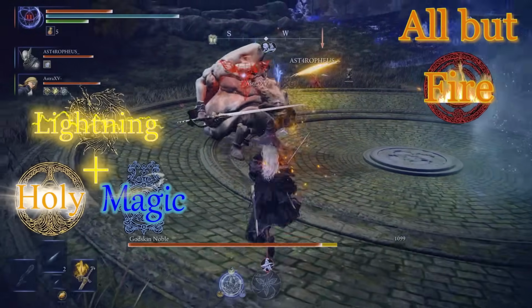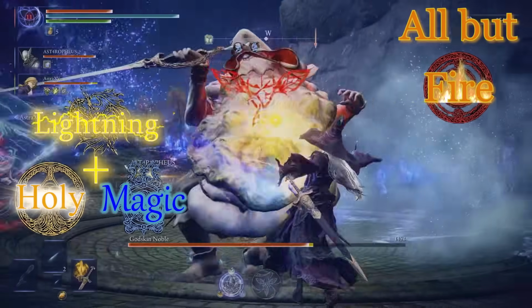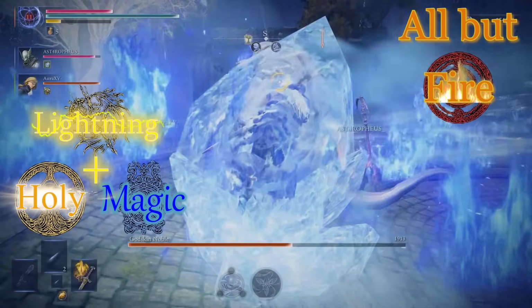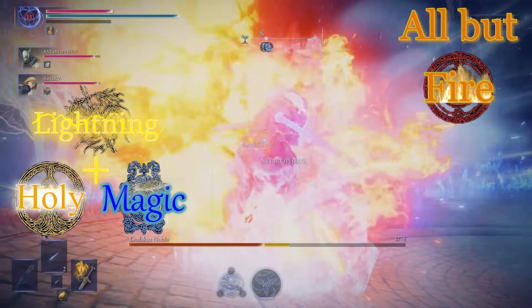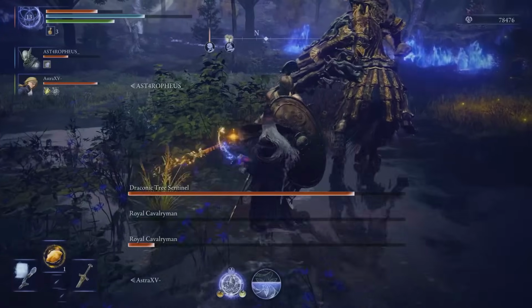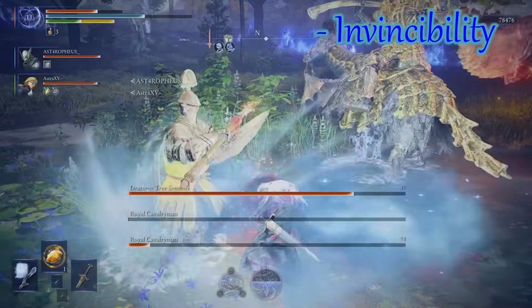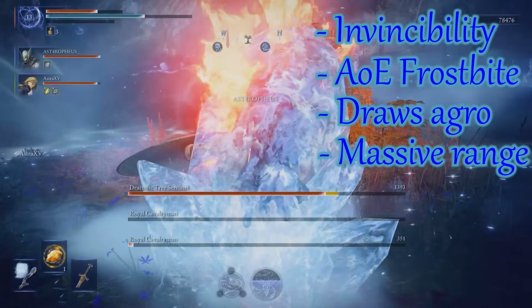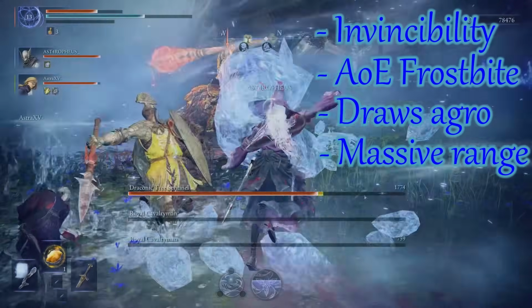All but Fire turns the Recluse into a giant ice crystal and causes a massive ice storm around her for about 10 seconds. Invincibility, AoE Frostbite, draws aggro, massive range. That's fine and everything, but what really matters is its...